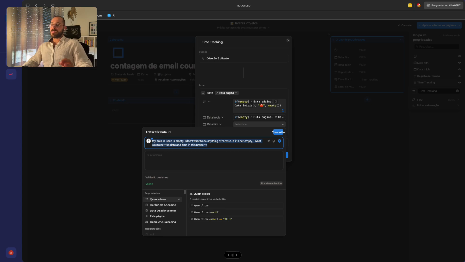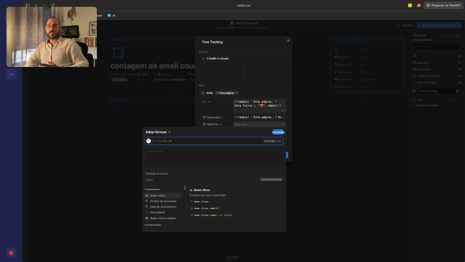If my data inicio is empty, I want you to not do anything. If it's not empty, I want you to put the current date and time here. Let's see. Sometimes you have to chat a little bit with it because it doesn't understand what you want, but this is a really big help